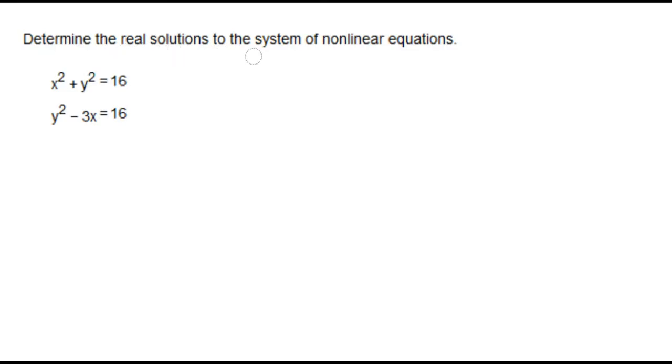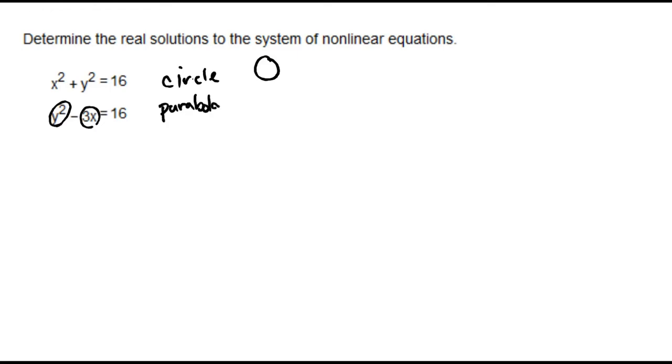Determine the real solutions to the system of nonlinear equations. So we have x squared plus y squared equals 16, y squared minus 3x equals 16, and we have a circle, and we have a squared on the y, not on the x, and this is going to be a parabola,